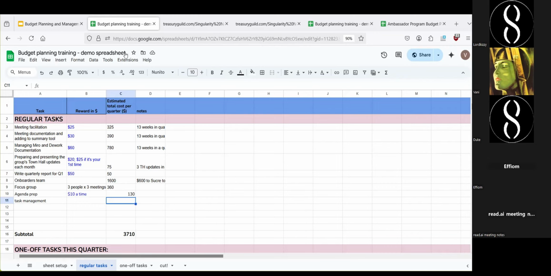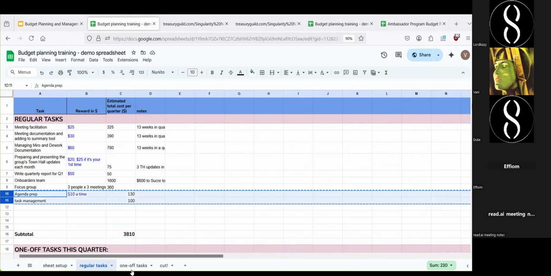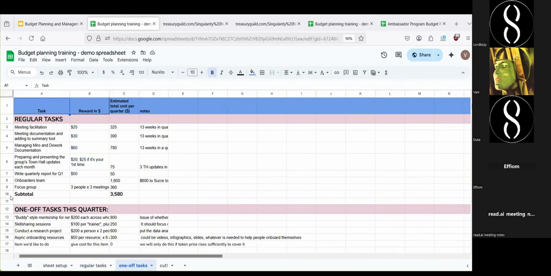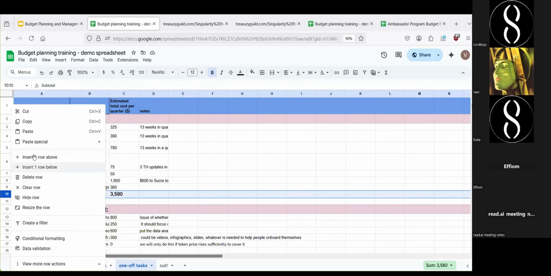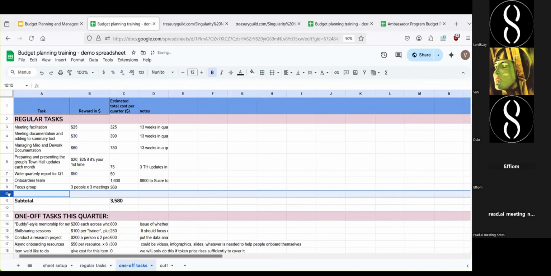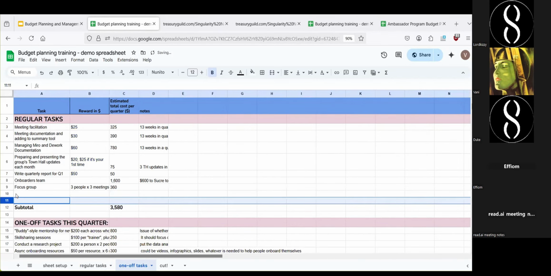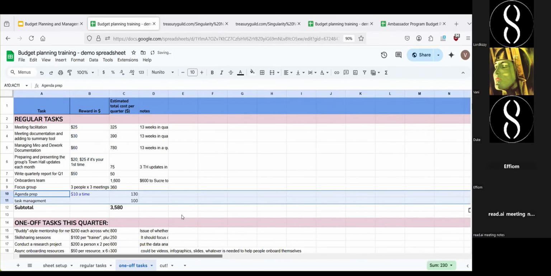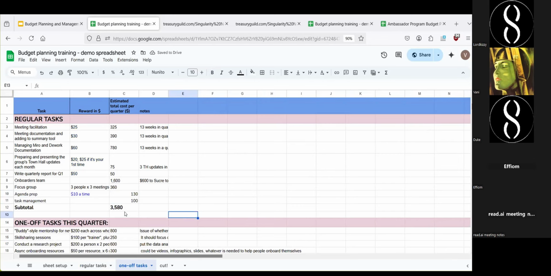I think some work groups either do it weekly or bi-weekly, depending on the frequency of the times, the number of tasks they have. Maybe. Okay. Yeah, that's probably true. All right. So let's leave that there. And what I'm going to do is copy those over to here. There we are. So our imaginary total for regular tasks is